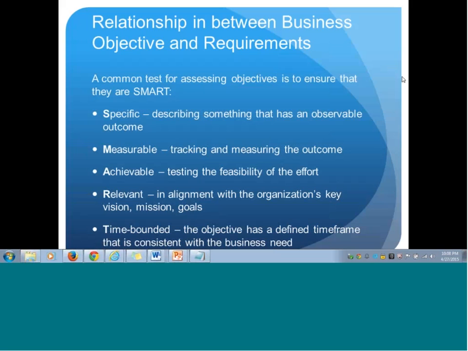Now coming to the solution requirement. The non-functional requirement is that the application should work 24/7 except maintenance time. That is a non-functional requirement. And the functional requirement is once I click